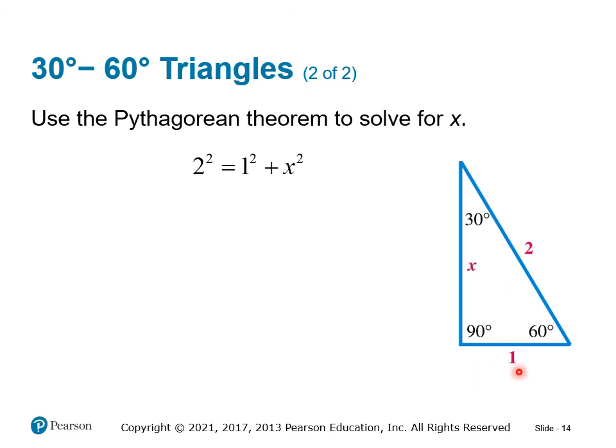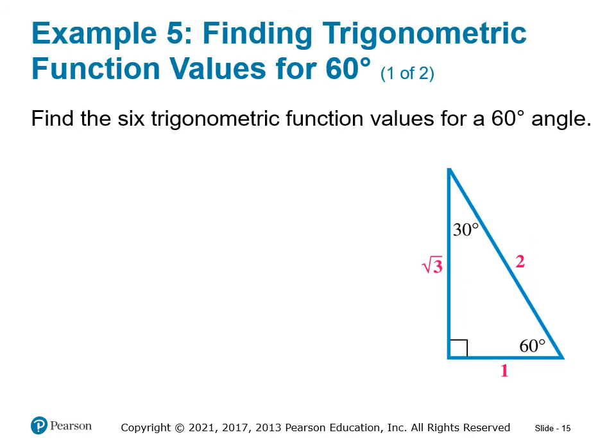So 1 squared plus x squared is going to equal the hypotenuse squared, or 2 squared. Solving for that, we get that the x side here is going to be the square root of 3. Okay, square root of 3. Now, because of this, this is going to be true for any triangle. We could use this triangle to find all 6 functions for 30 degrees or 60 degrees